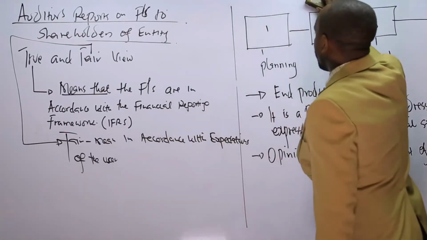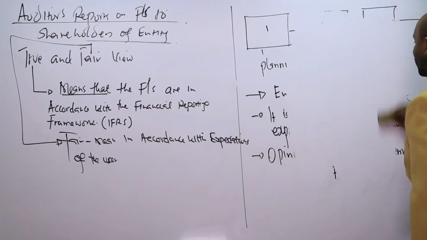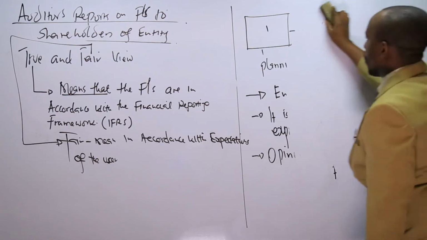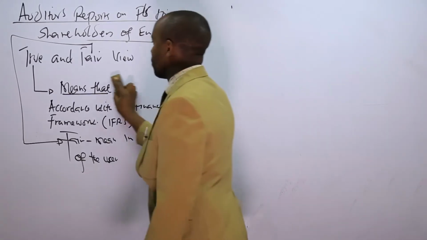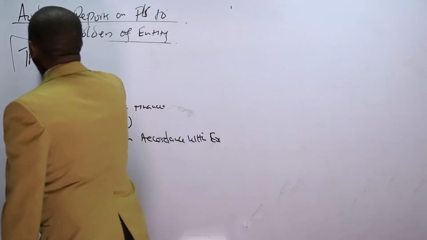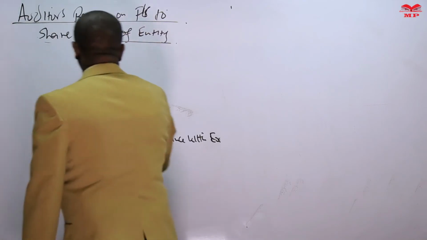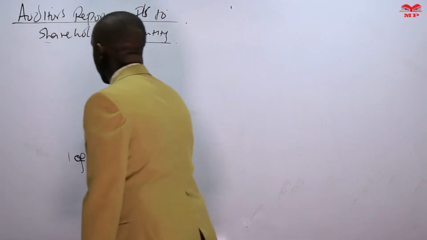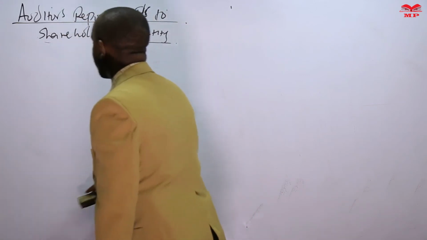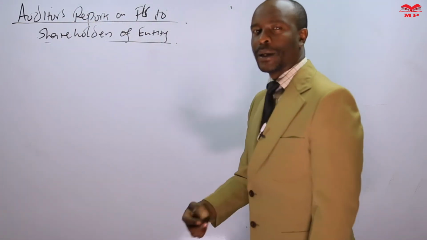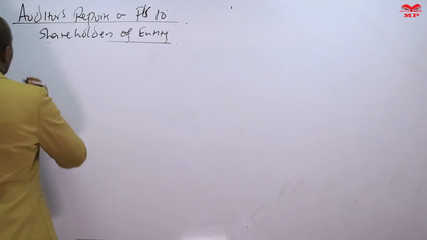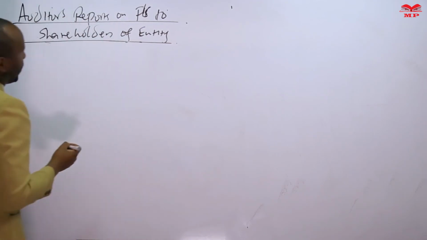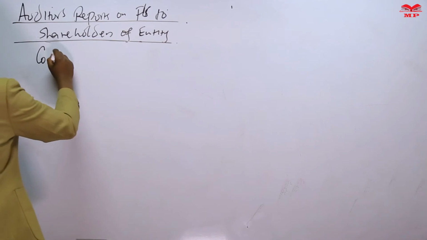Now, having covered the terminologies and having covered those particular issues of definition, we move on to the next part, which we refer to as the legal framework of an auditor's report. The legal framework, as the name suggests, we move to the statute. This time we go to the Companies Act. Even though we have different statutes, for example, the Banking Act talking about the auditor's report on the banks as companies, the main act that governs auditors is the Companies Act.